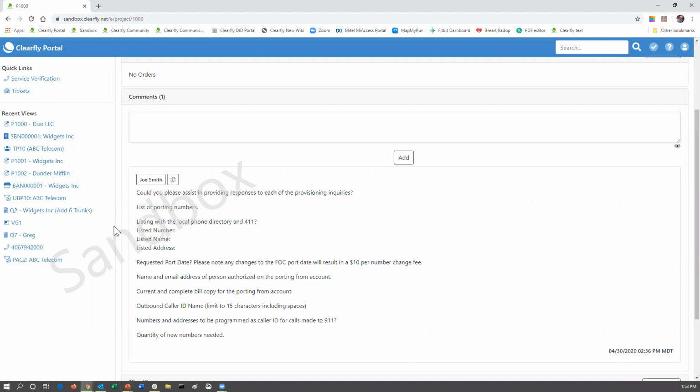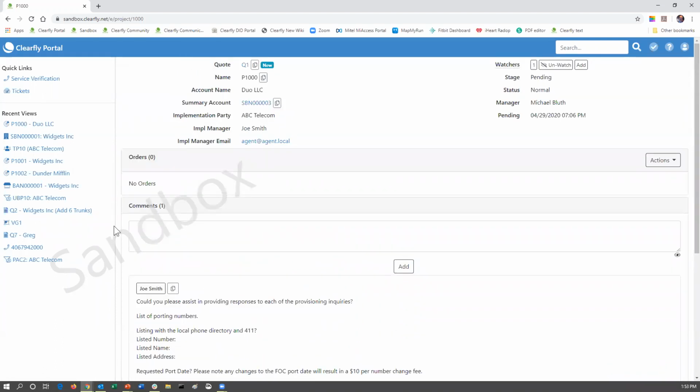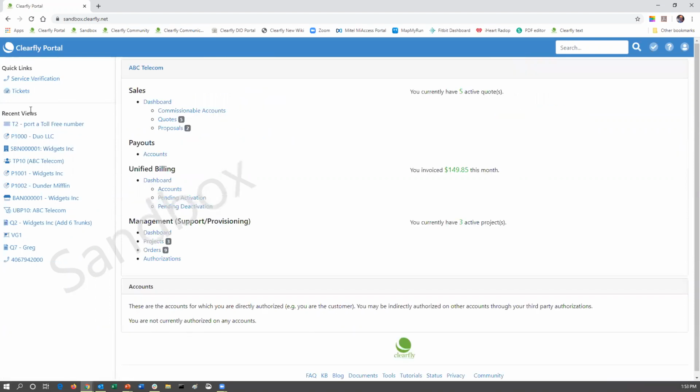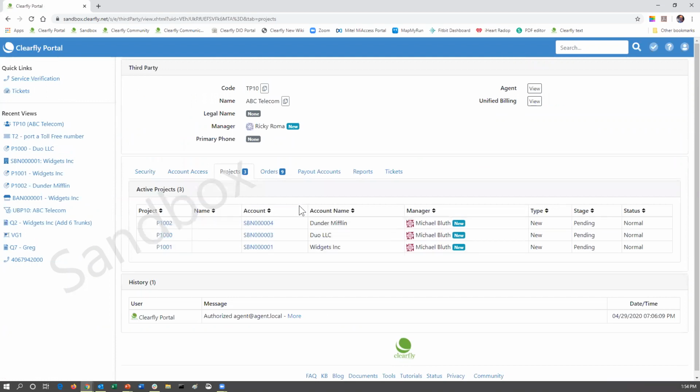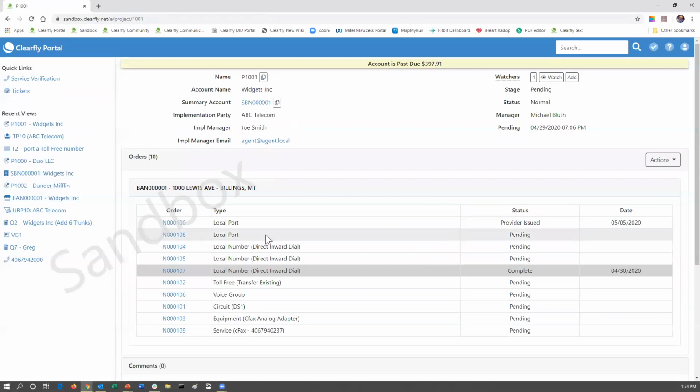All right, so let's go and actually look at a project that is in place. So this is a new one, nothing's really going on here. It just started. So let's go back to the home screen. Let's come back to the projects section, and we're going to look at P1001 Widget Inc. Now on this project, we can again see that this has actually moved along. So there's currently 10 orders